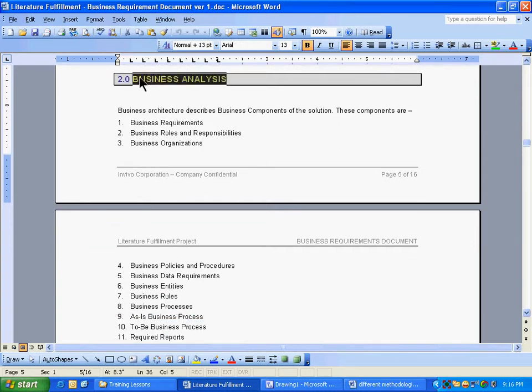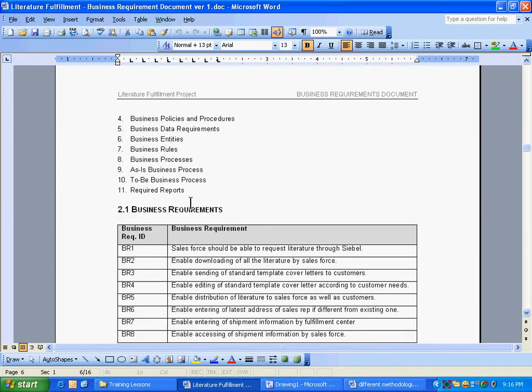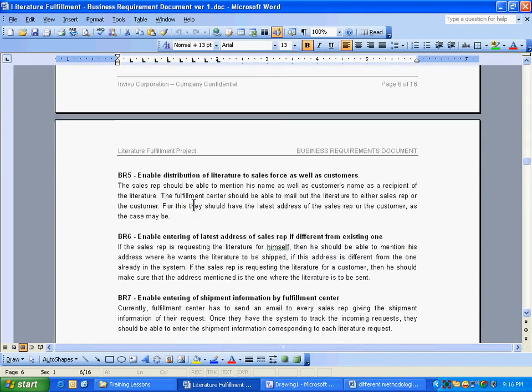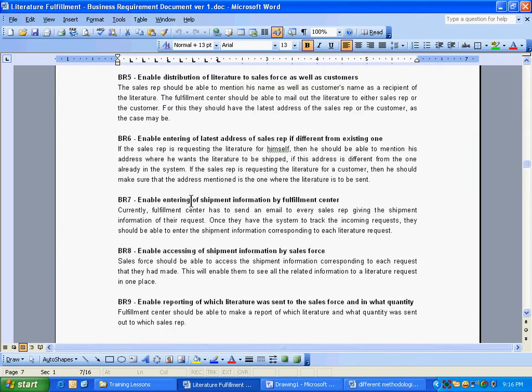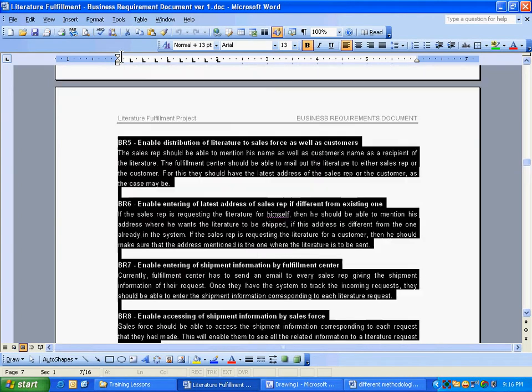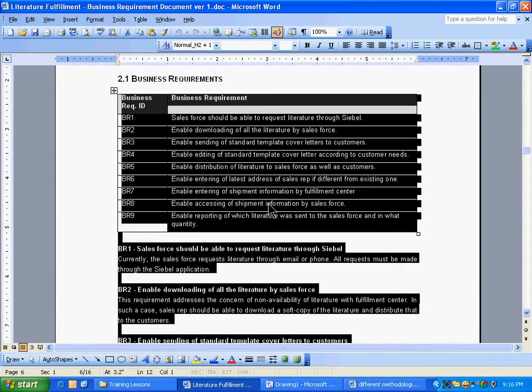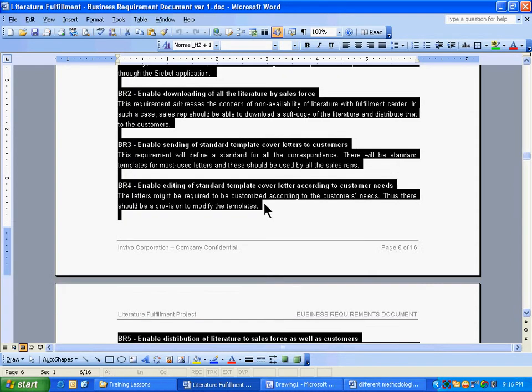Okay. So for example, this business analysis section may not need to be there. You could call it just business requirements and start writing all these things. This is also business requirements from my side. Everybody writes it, but this particular thing is very common. However you make the document, this way of writing the business requirements has to be there because this is the central thing. That's what you're making, right?